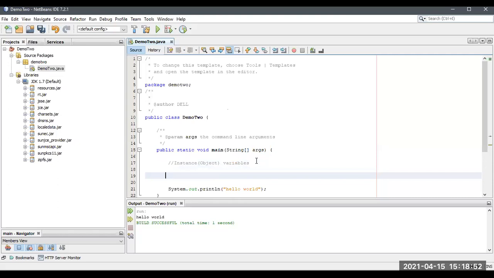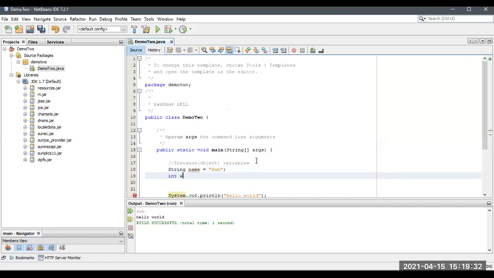Here I'm going to take an int, sorry, we'll take it as a string. What is a string? This is a non-primitive data type. I said string, but this is also a data type. There are two types of data types. What are they? Primitive and non-primitive. This is one of the non-primitive data types. So string name is equal to, we'll take a name, Sonu. The name of him is Sonu, so we'll keep it in capital letters.